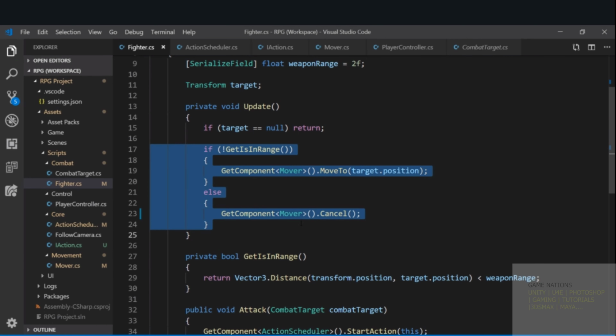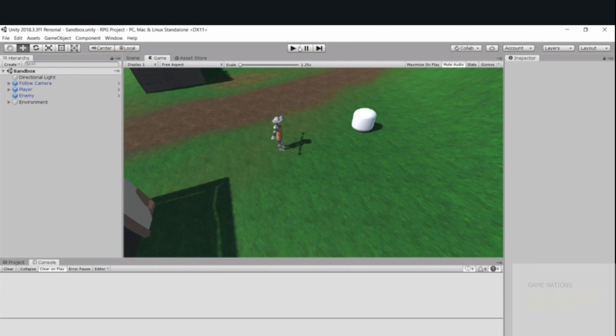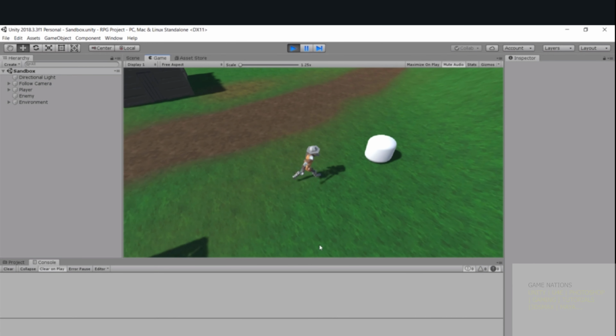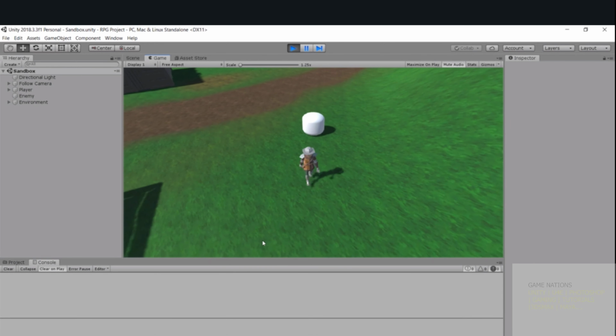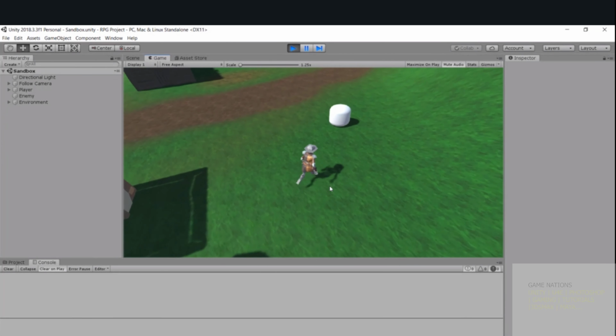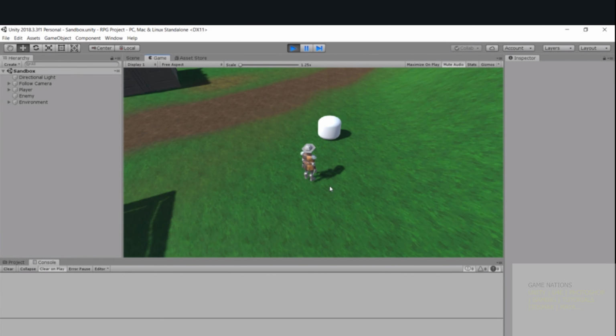So I'm going to uncomment that again, and we've got the right behavior that we're expecting with no dependency cycles whatsoever, where we can attack an enemy, then cancel that action, move on to something else. So I'm chuffed that that is working as we want it to. We've covered interfaces, we've covered dependency inversion, and I'll see you in the next video where we'll actually be adding some animation. In fact, it probably won't be me, it'll probably be Rick doing that. So I'll hand you over to